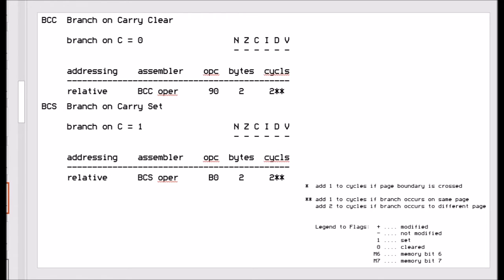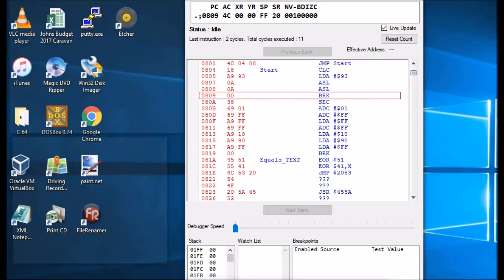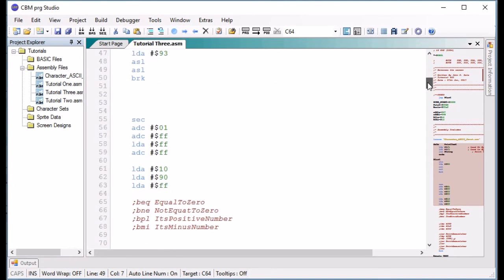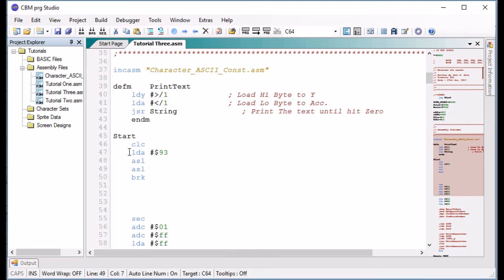Alright, so the next one is branch if carry clear. Well, we've got them already set down here, and what it is we've got a number of branches down at the bottom here, and what we could do is we can easily do this because we've cleared the carry here. We can do branch if carry clear to clear carry, and we'll set clear carry to be here,